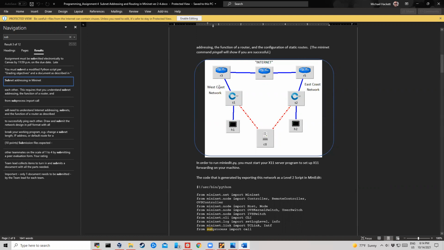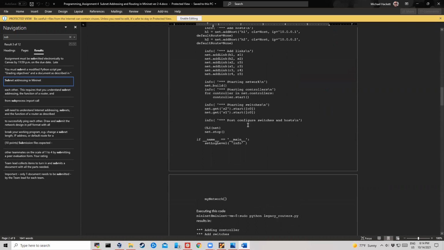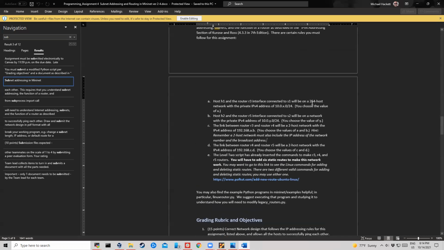So the West Coast and the East Coast just want to talk to each other. That's it. So down here, it tells us how to set the IP addresses. So we just have to go through this. So subnet IP addresses, they start with the 10 something something, right? Yeah, so we're going to start with the 10s. And does the X matter what it is? Can we just choose anything we want? So this could be like a 1 because it's going to be our first network, I guess,